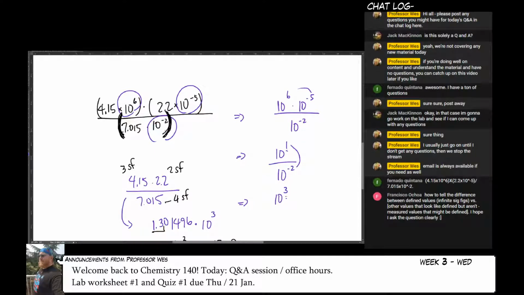Because your calculator does everything in a row. If you were typing this in your calculator, you would type parentheses 4.15 times 10 caret 6 parentheses times 2.2 times 10 caret minus 5. And then if you go divided by,